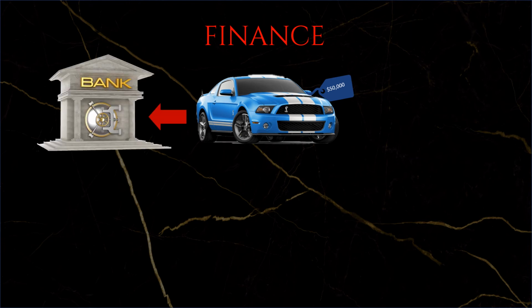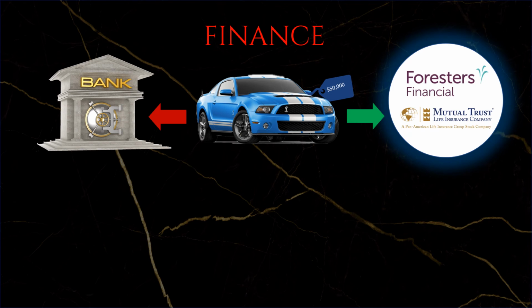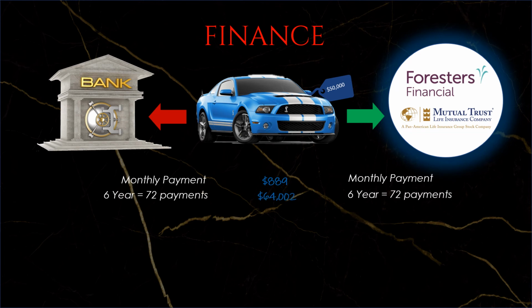You can purchase this car using a bank that you don't own, like Capital One, or you can use your infinite banking concept. Either way you choose to buy this car, you have to commit yourself that you're going to pay $889 every month. And for the next 72 payments, or 6 years, the total amount that you could have paid is $64,000. There's about $14,000 of interest on top of that $50,000. And after paying the 72 payments, or 6 years, you're left of a $10,000 depreciated car. Either way you choose to purchase this car.